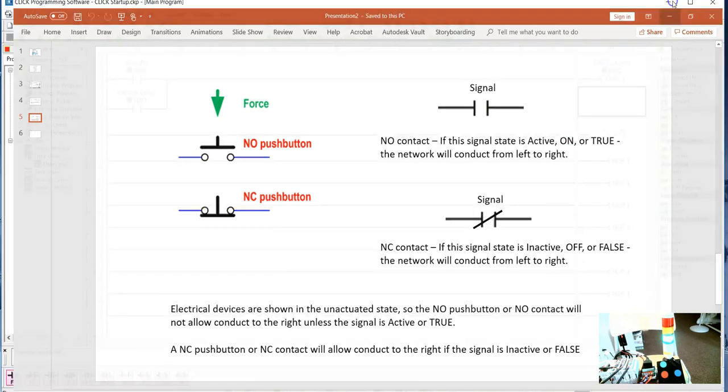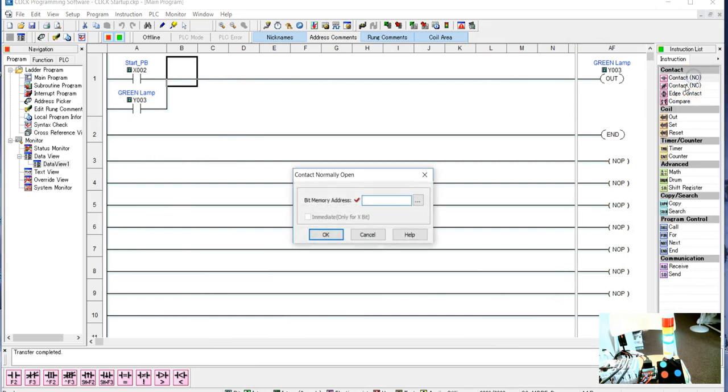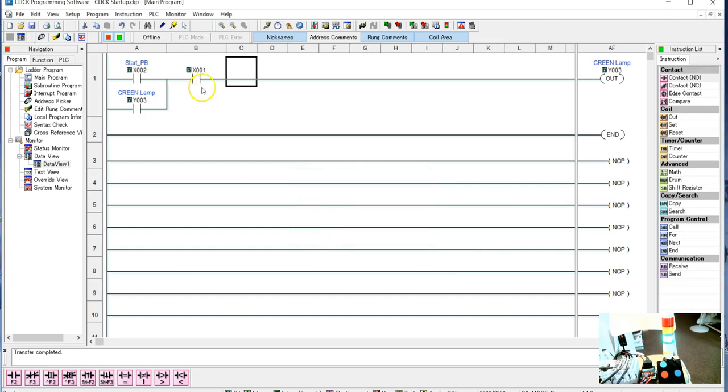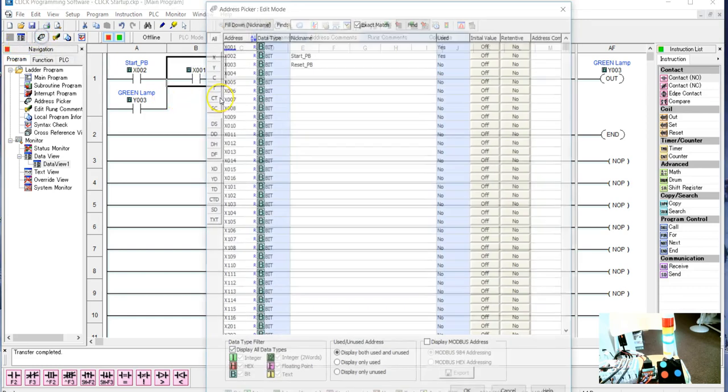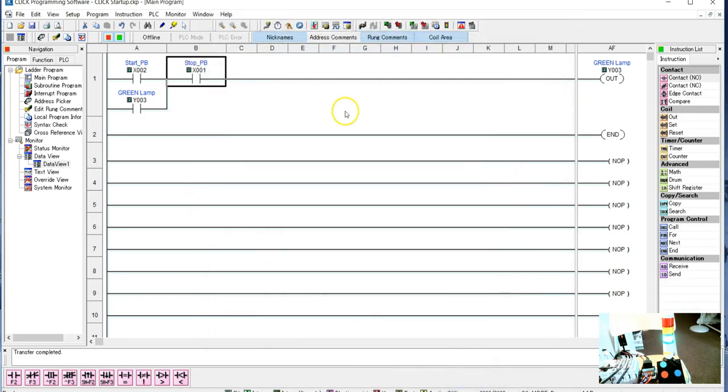So let's just put in the circuit and maybe it'll be clearer. So here I'm going to put in another normally open. Now this is going to be X001. That is my stop push button. So we'll highlight that and we'll go into our address picker. And here it's going to be our stop PB. Okay, and make sure you hit OK. So now